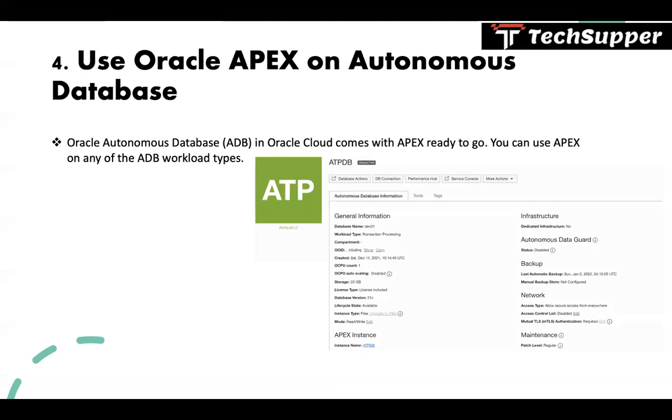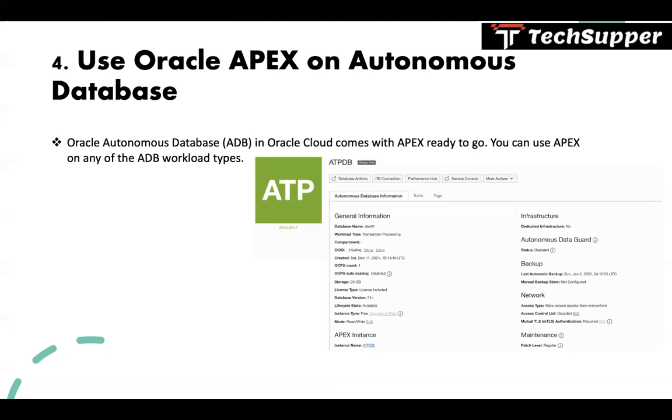Another way is to use Oracle Apex on Autonomous Database. As you know, Autonomous Database is one of the Oracle Cloud database offerings. Whether it's a transaction processing database or another type of database, every autonomous database comes by default with Apex.